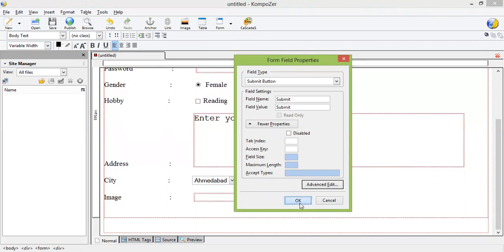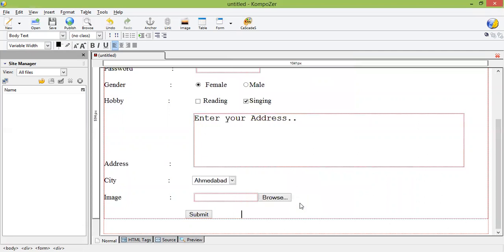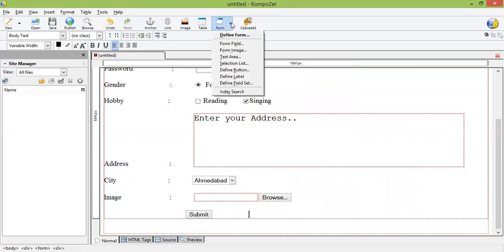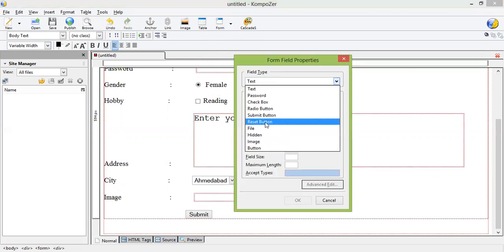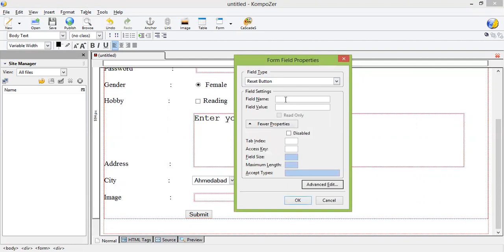Click on OK for submitting your form. If you want to reset your form data, you just click on the form field. In place of text, you have to click on reset button. Here, the field name which is reset and the value which is also reset. Then click on OK.